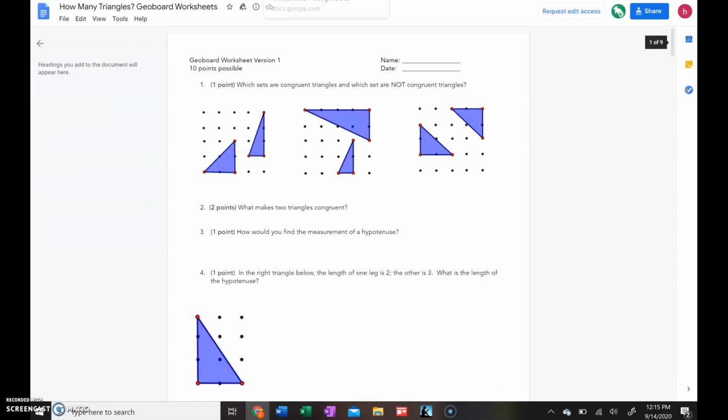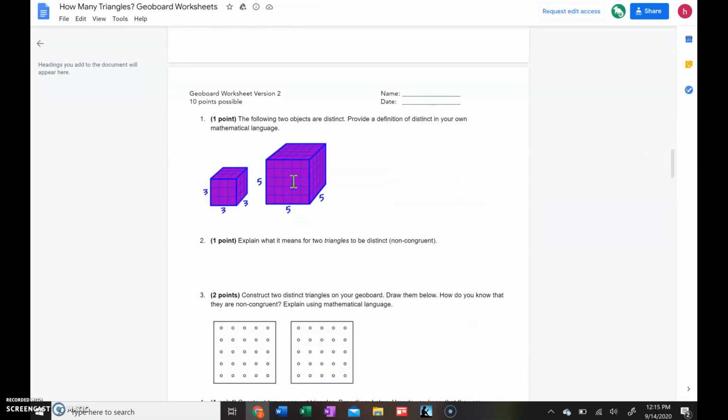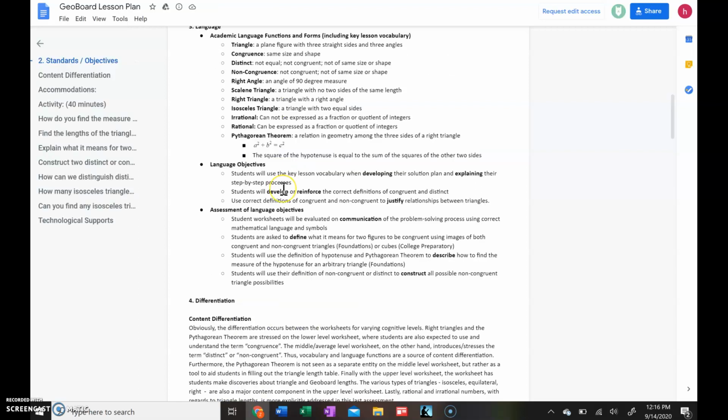does. But the level two worksheet here, these first two questions, they're both asking about distinct. It asks for a definition of distinct, and then explain how two triangles could be distinct. I think those questions are just very similar. Maybe take out one of them and add in a question about congruence, or it says here in the lesson